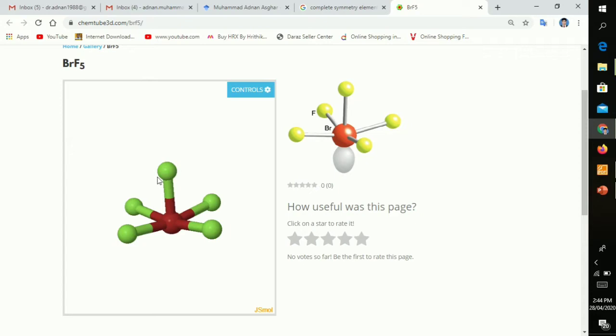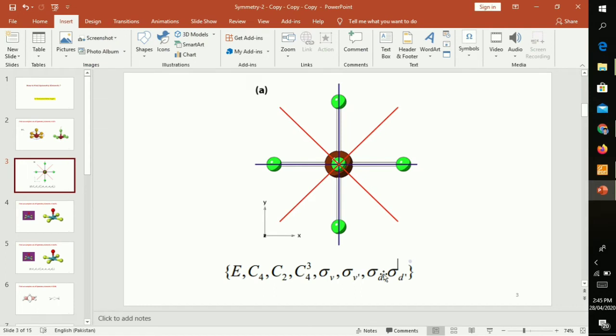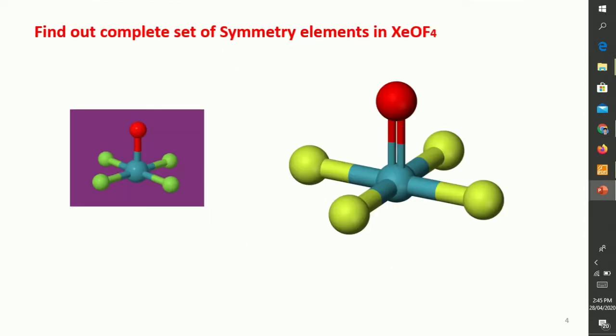There are different sigma v's present in this molecule. There are 4: 2 sigma v and 2 sigma d. This is the complete illustration of the symmetry elements and operations present in this molecule. So the next is